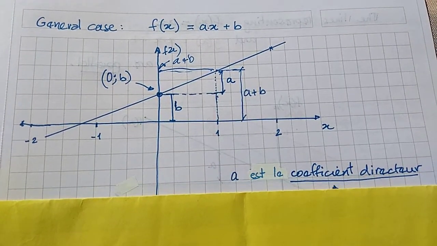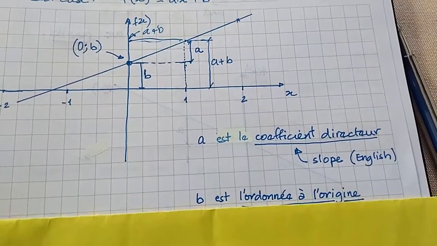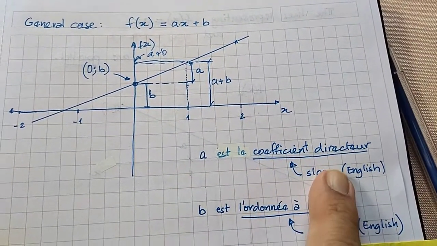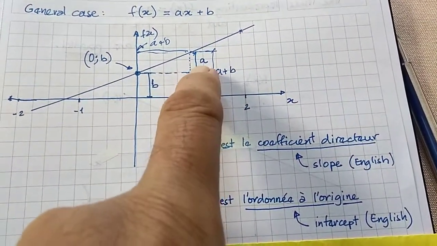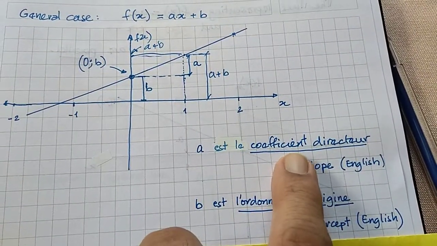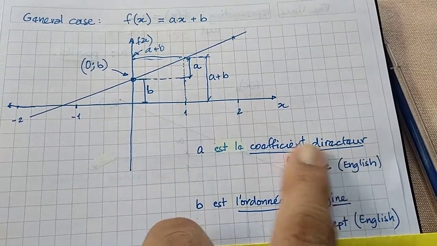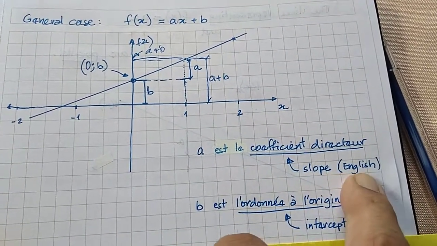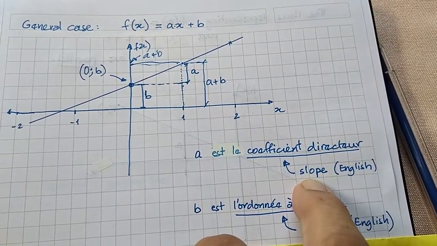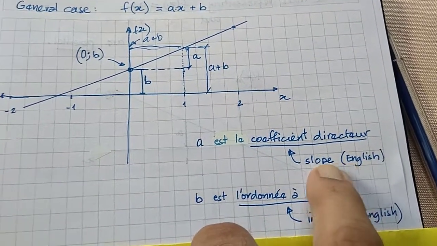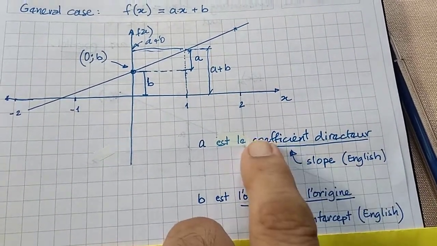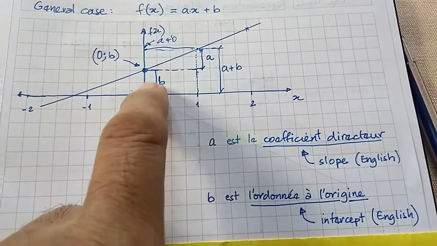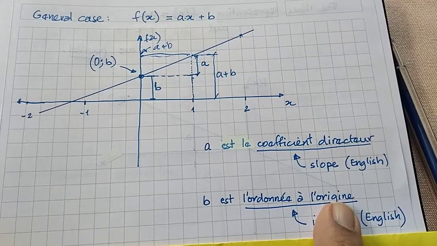Okay. So, here just a few terms. A est le coefficient directeur. Remember that we already knew from the linear function, fonction linéaire, we call it coefficient directeur. A, and in English, obviously much simpler, it's called slope. Why do I say obviously? Because in my experience, in English the terms are simpler than the equivalent French terms.